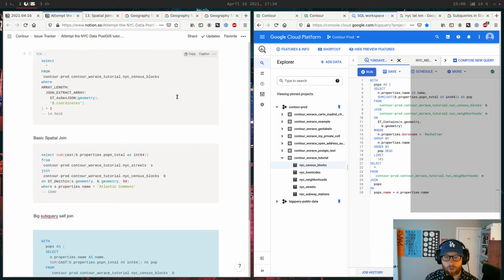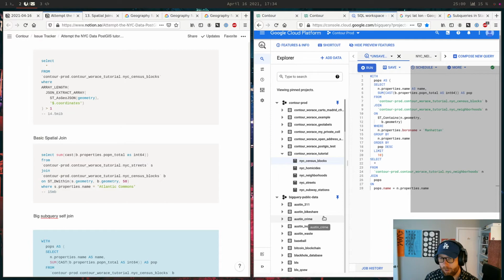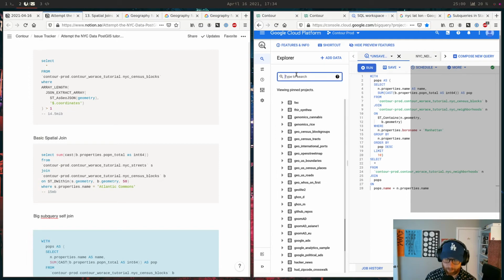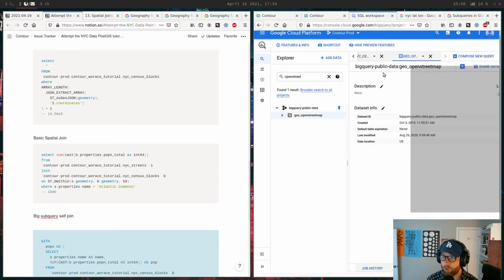I think where this stuff really starts to kill you is if you want to query big public data sets. They put OpenStreetMap in here, and if you want to query that, okay, now, where is OpenStreetMap? Can I find it? OpenStreetMap.